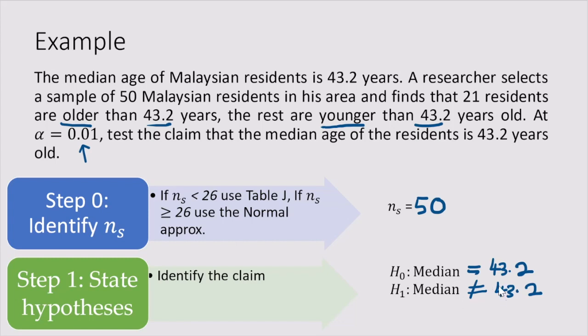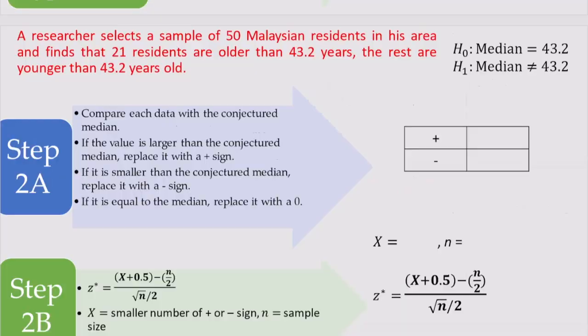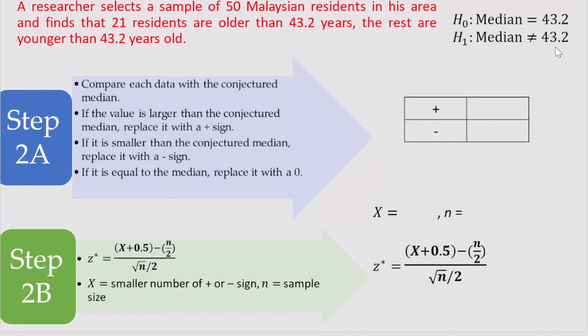So again, we have a two-tailed test over here. Okay, our conjectured median would be 43.2,